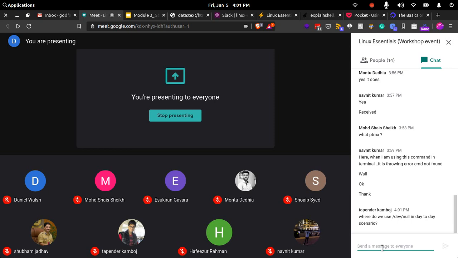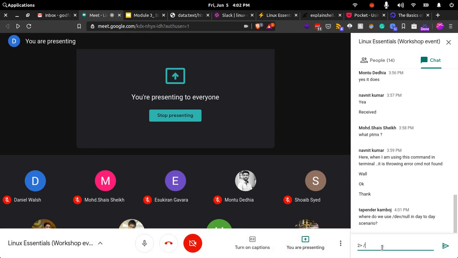In a shell script, let's say you want to ignore or suppress the output of a command, and that command output is getting printed on your standard out. Then you would redirect that output to /dev/null. Or if you want to suppress the error messages you are receiving, you can redirect the error to /dev/null.